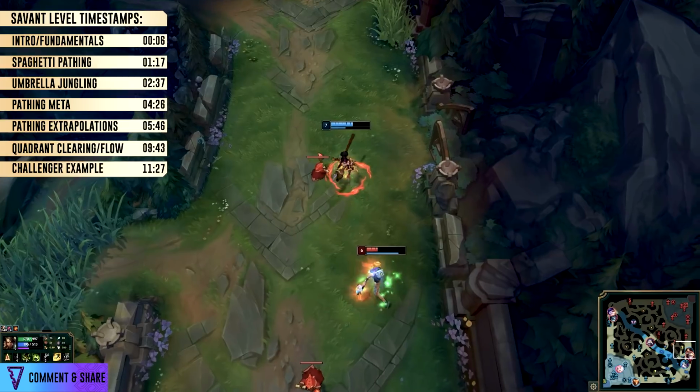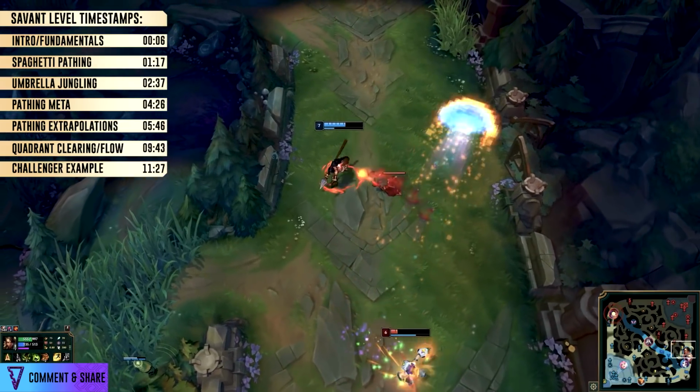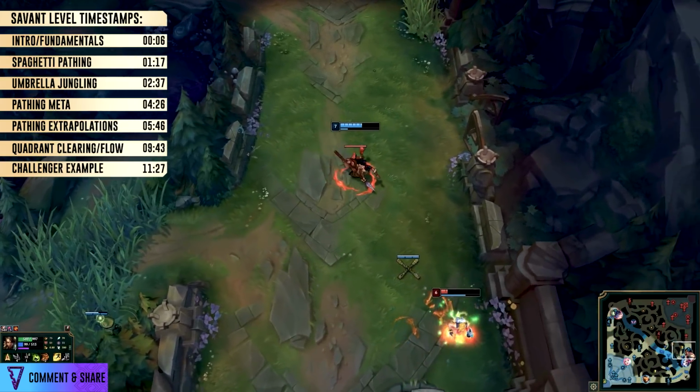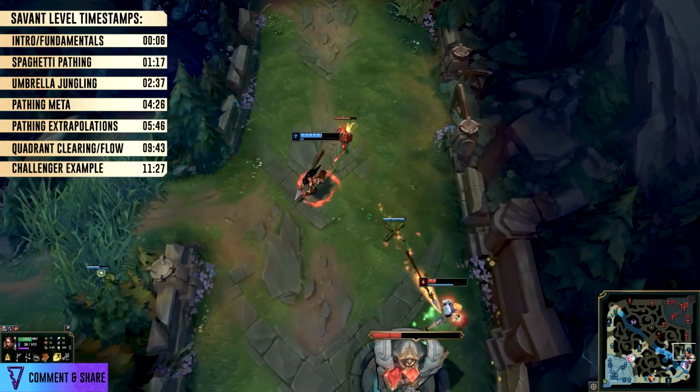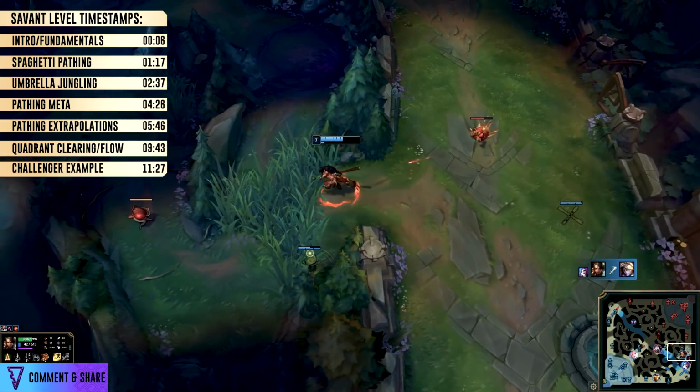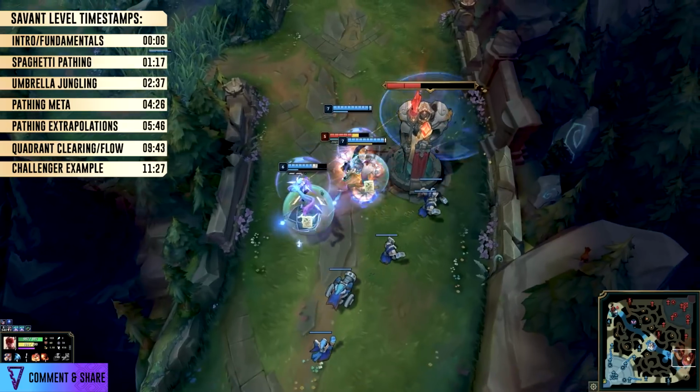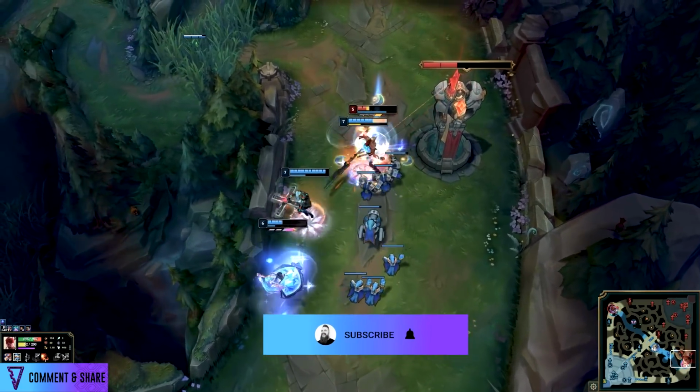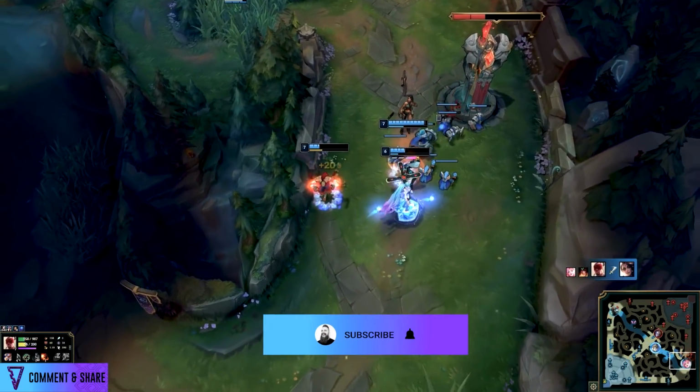We'll give core examples of the fundamentals and then dive into a nice Challenger gameplay, as well as have other examples from other elos that show you the importance of your advanced jungle practices in order to actually carry games from the jungle position. So as always, if your brain is juiced and ready to absorb information and critically think,